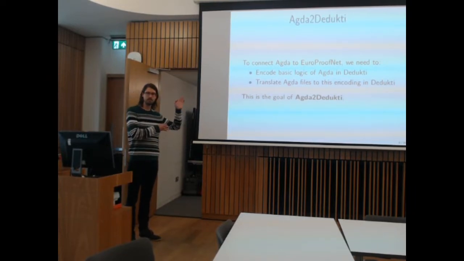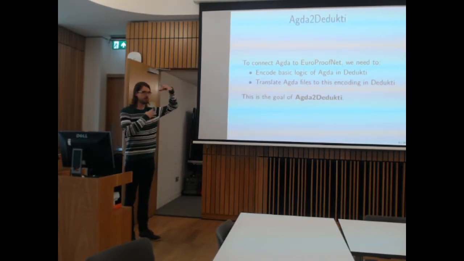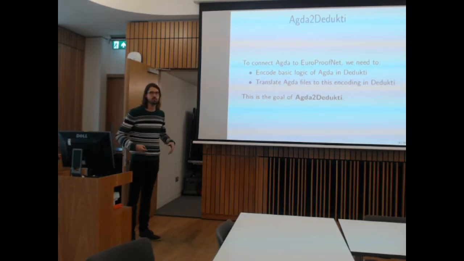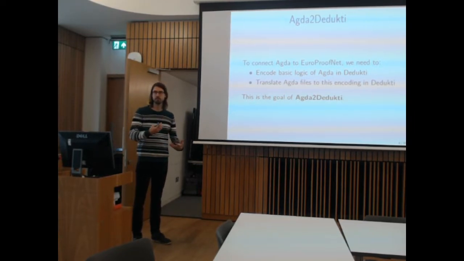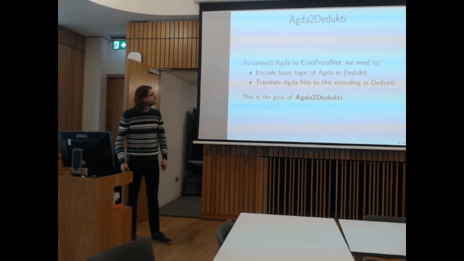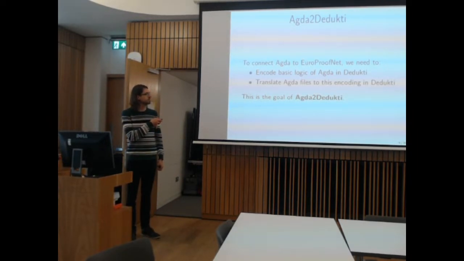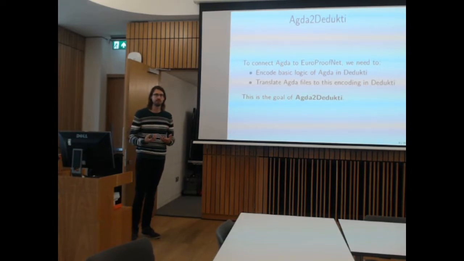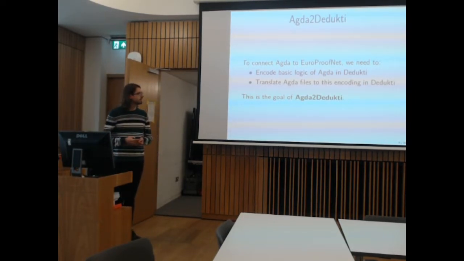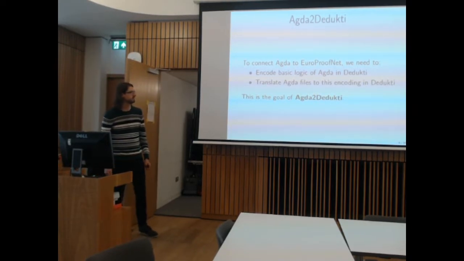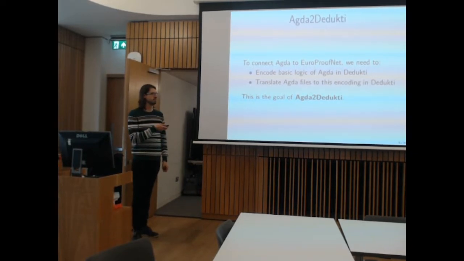What this talk is about is that we want to be able to do this with Agda proofs as well. Suppose we have some proofs that other people want to use; we need to be able to export Agda proofs to Dedukti. To do that, we first need to encode the basic logic of Agda in Dedukti, and then we need a translator from Agda files to Dedukti files. The previous translation from that work didn't go through Dedukti? It did. But there we didn't need to translate from Agda to Dedukti.